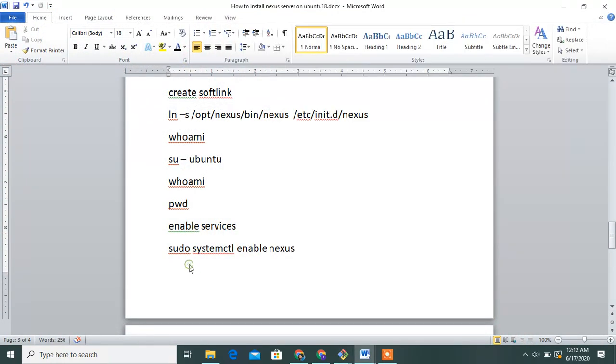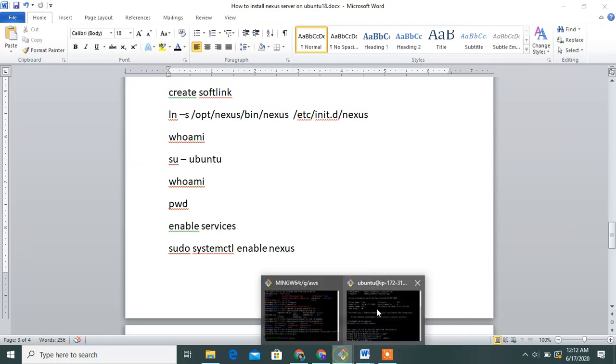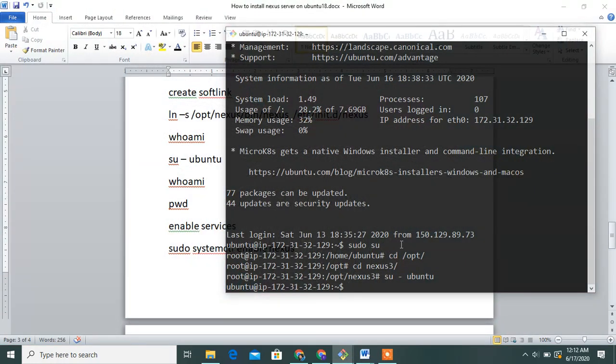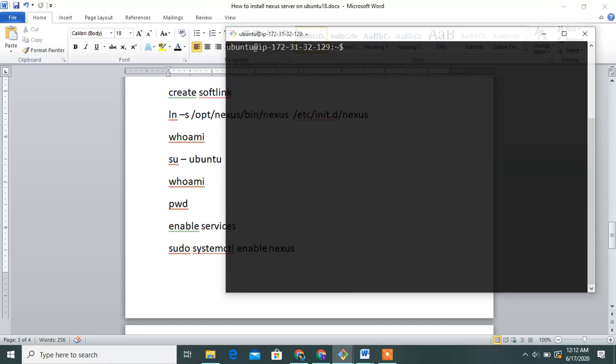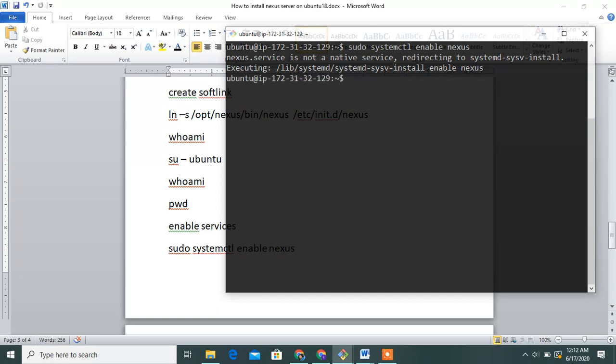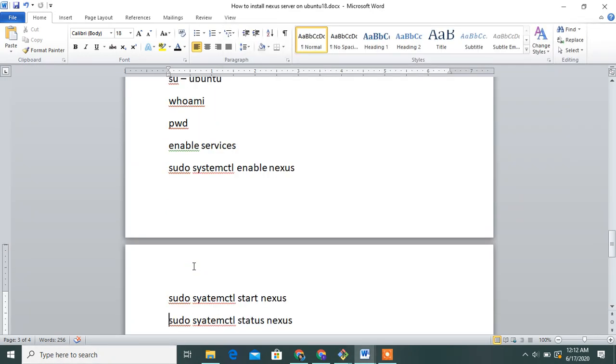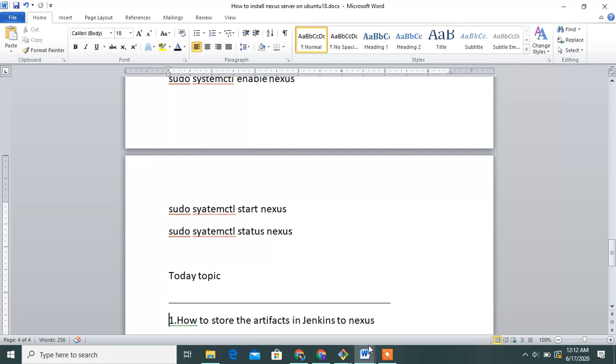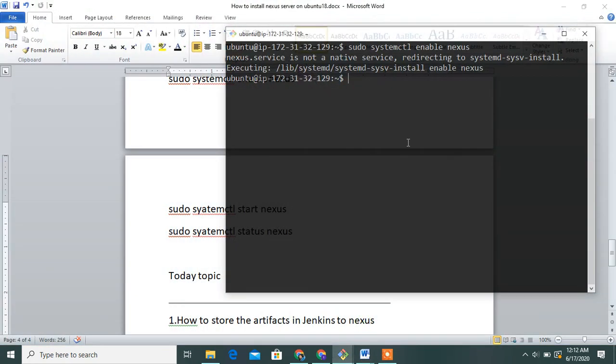sudo systemctl enable nexus, sudo systemctl start nexus.